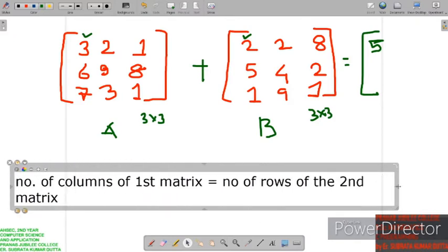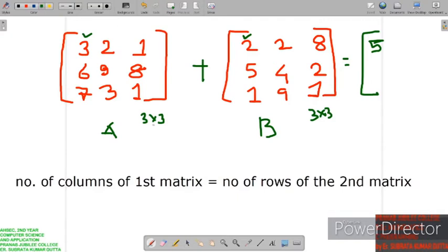If this condition is false, the matrices cannot be multiplied. The number of columns of the first matrix, here the column is this, must be equal to the number of rows of the second matrix. So these two must be equal, and only then can matrix multiplication take place.